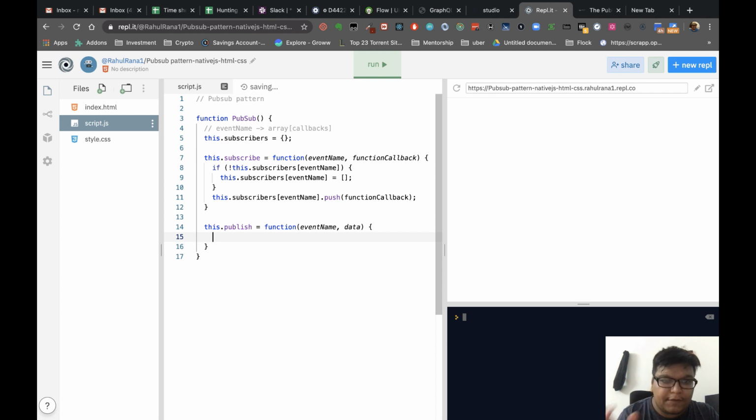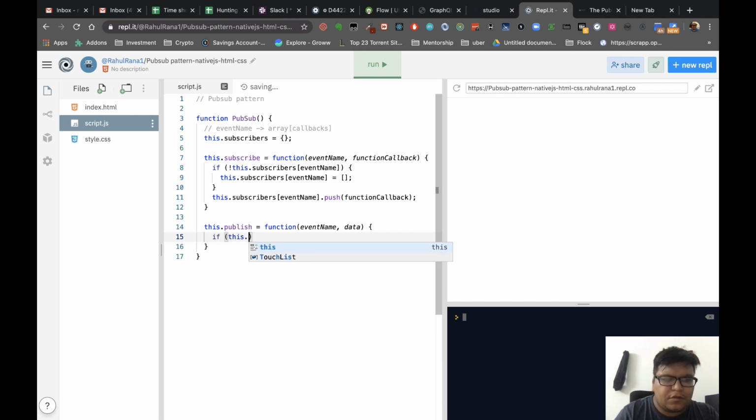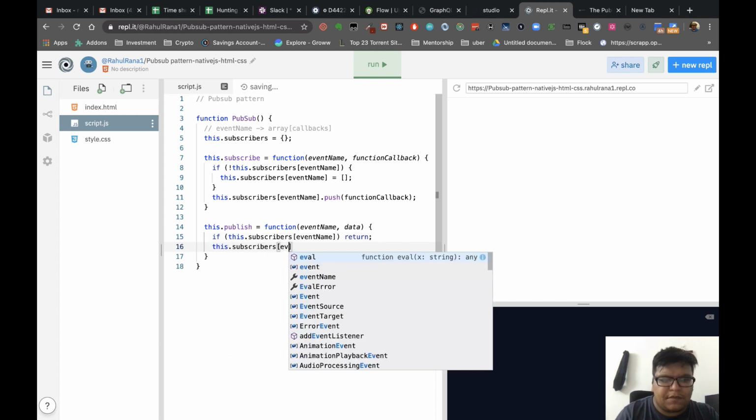Now it's simple. You just need to check if this.subscribers has that event name; if not, we will simply return, else this.subscribers[eventName].